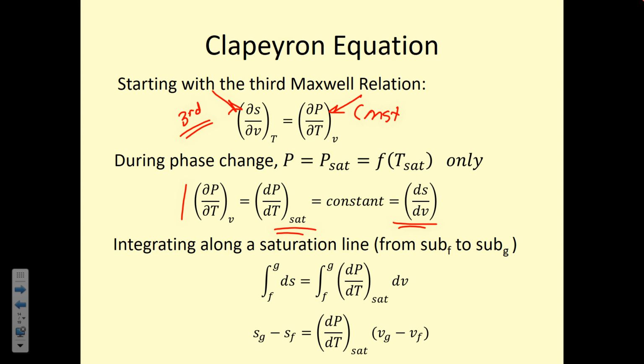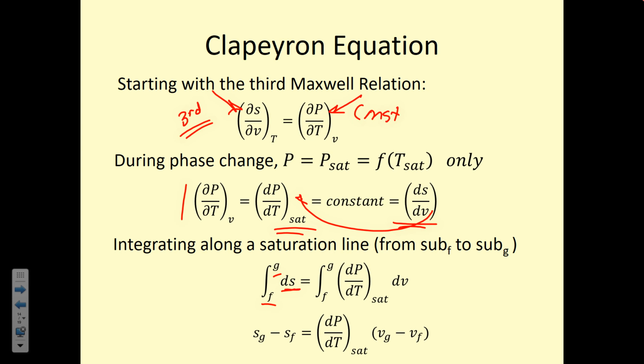So now, instead of having a partial derivative, we can have a total derivative because of the link between those two variables. So we can rearrange these equations, so dP/dT over dS/dV. We take dV over to this side of the equation, and then we moved everything over there. So if we integrate along a saturation line, from the fluid state to the gaseous state,